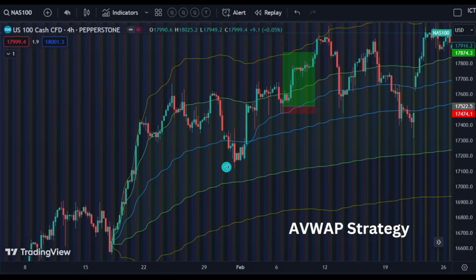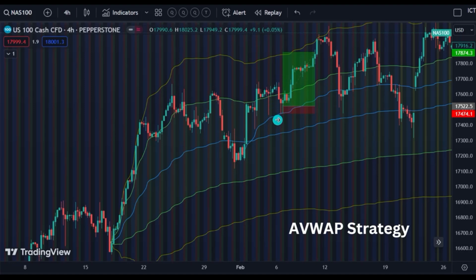But as we see this second retracement, we drew an AVWAP, and now we see that price has retraced to this second AVWAP line. Now, once price touches the center line, you want to look for an entry model on